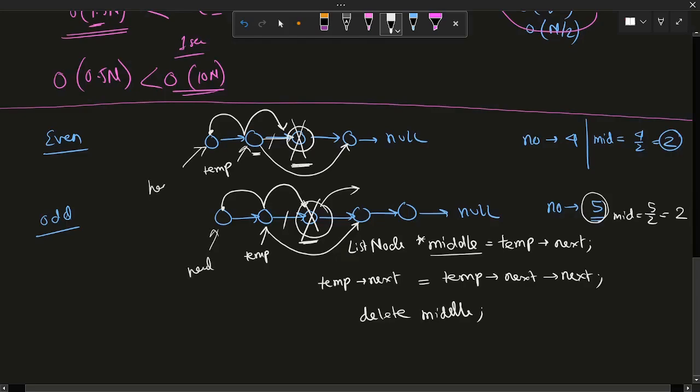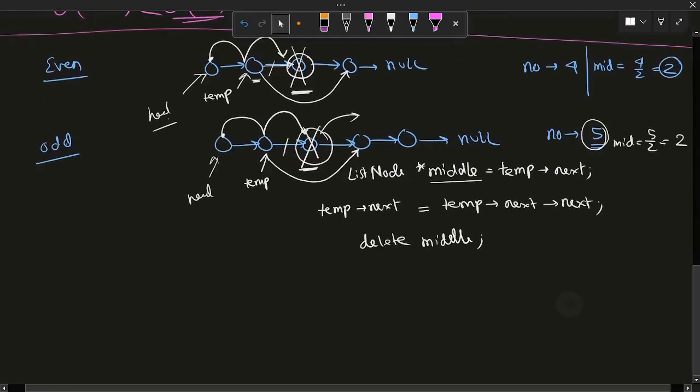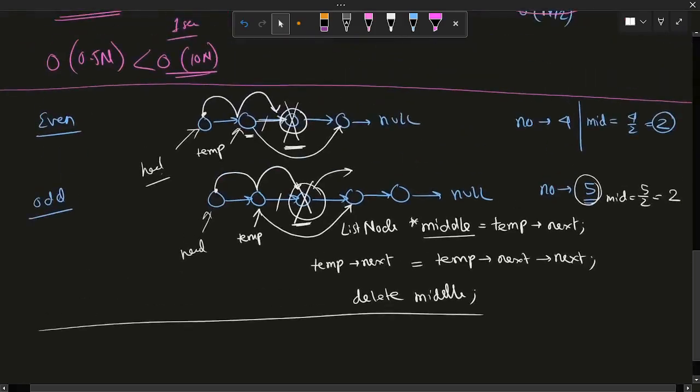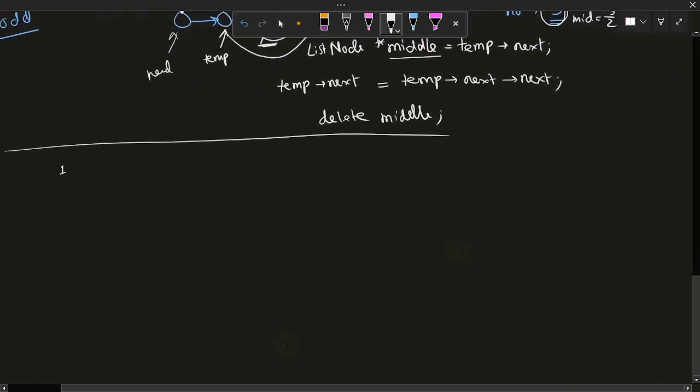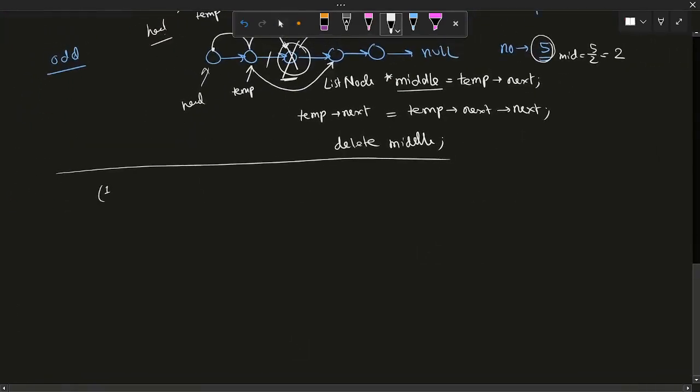And counting is really simple. Counting, simply you will assign the temp to the head initially. Okay, I'm going to write it again. Counting the number of nodes is the first step. Okay, I'm writing the steps. The first step of solving this kind of problem is simple, right? First count the number of nodes. You need to know how many nodes you have, right? So that after that you can go to the middle node. So first count the number of nodes,